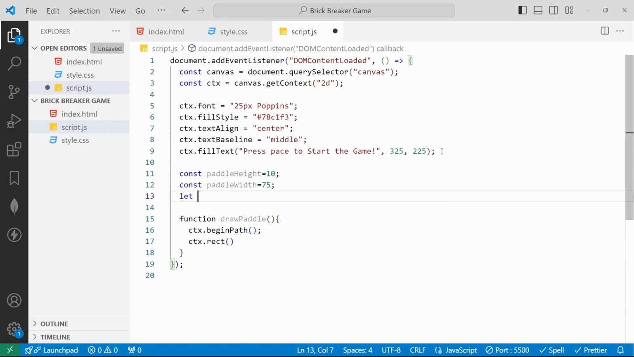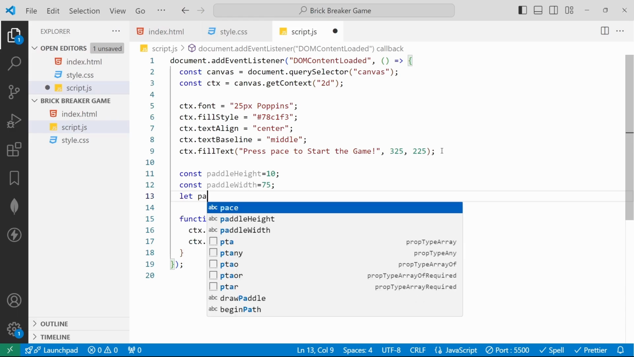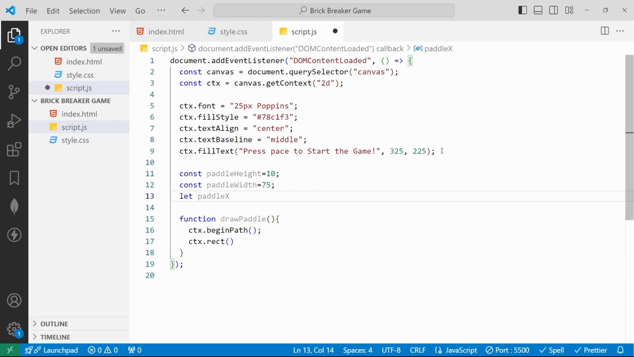For that I can create one more declaration of let paddleX, because this should be changeable. If we set it to const, we can't change that. If it is a let, we can change it. That is how the property is designed in JavaScript. We need to set the paddle equal to 0 for now, and I can use this paddleX from here,